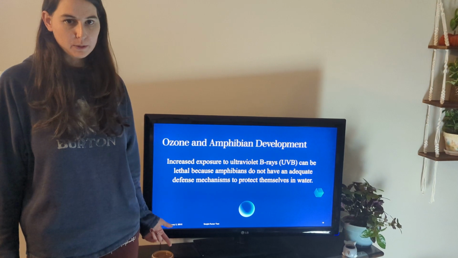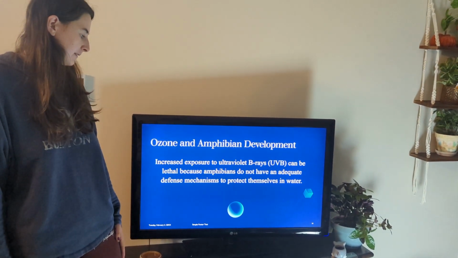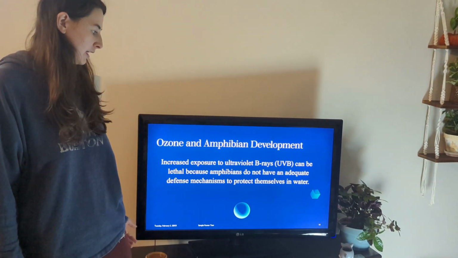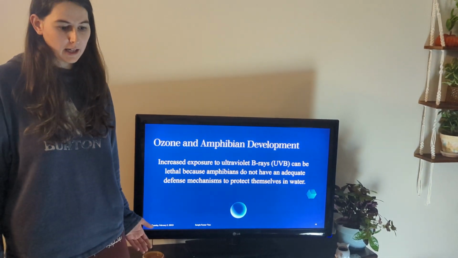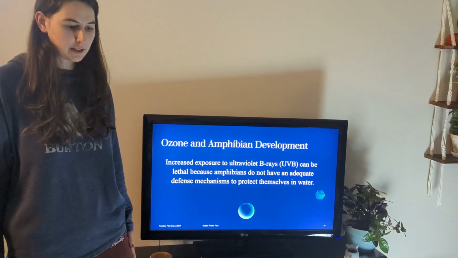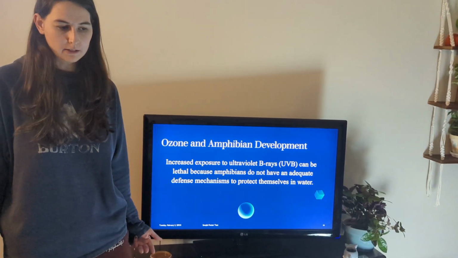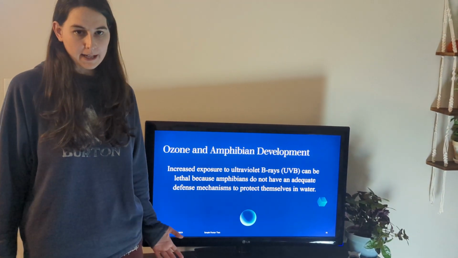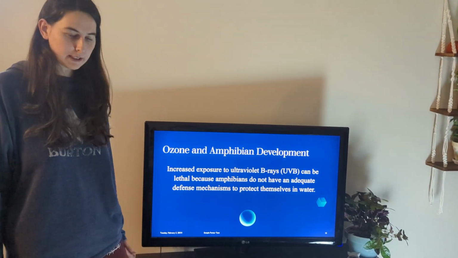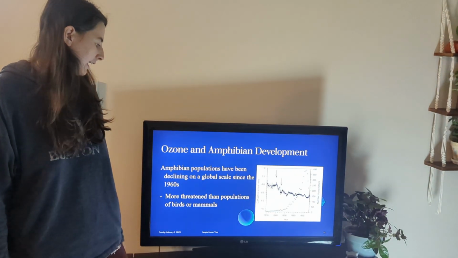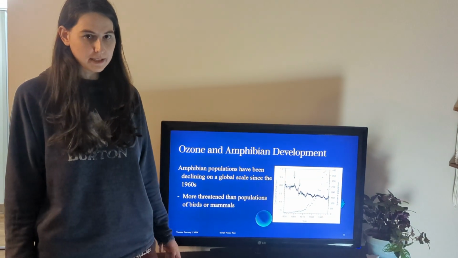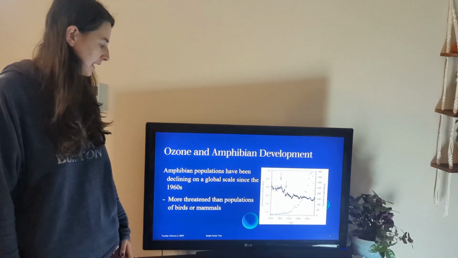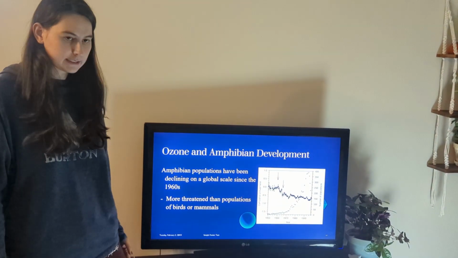With increased exposure to UVB light, it can be lethal because amphibians don't have adequate defense mechanisms to protect themselves in water from this radiation. As I said before, they normally occur in shallow waters where they can't escape that type of radiation, as well as other animals. And amphibian populations have been declining in recent years and continue to decline on a global scale,